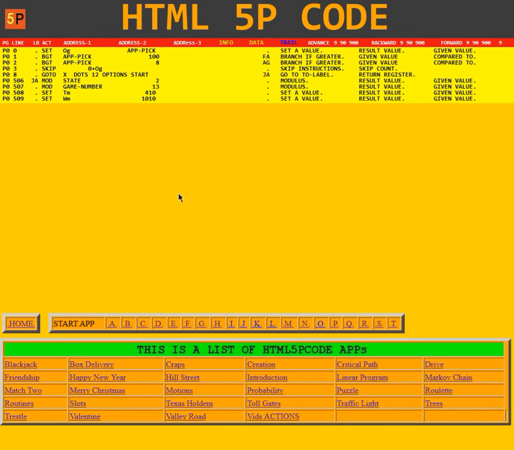This is the Options app, and we're going to look at data. I've already started the trail by clicking it here in the red stripe, and we see the first 9 instructions. Well, we see here where it mods the state and it mods the game number. Well, let's go look at data,